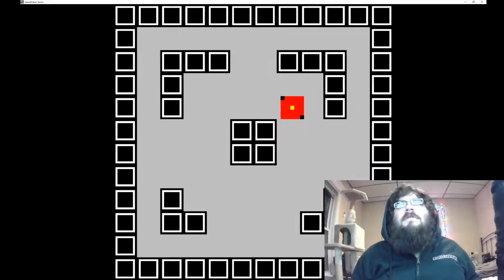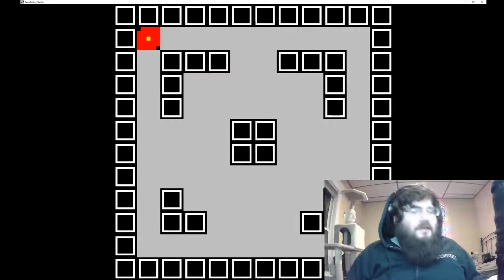So not without problems, but still pretty cool. Yeah. There might be one or two more lines of code we gotta add in there. Interesting. Why am I going up? Oh, I think I forgot to